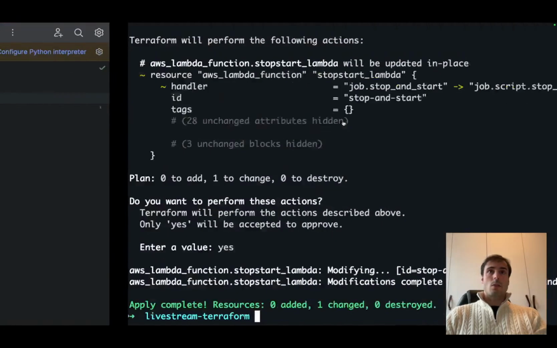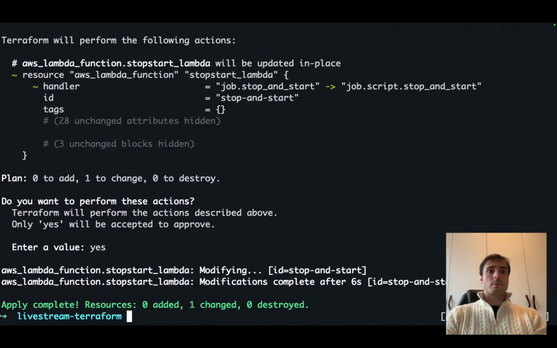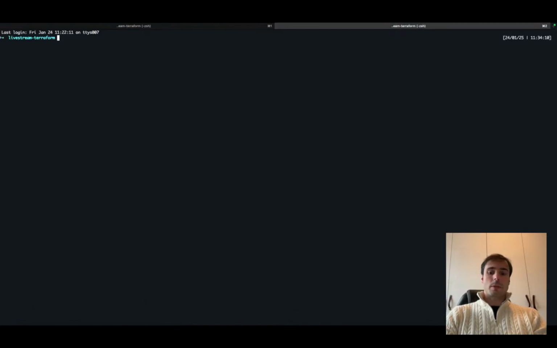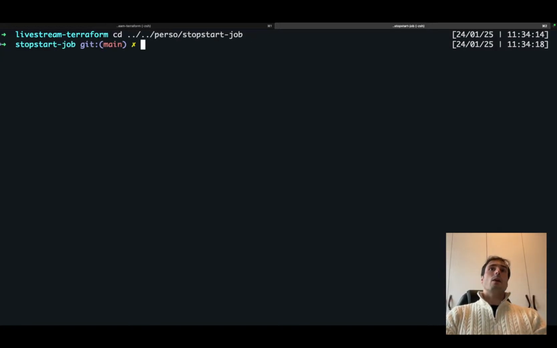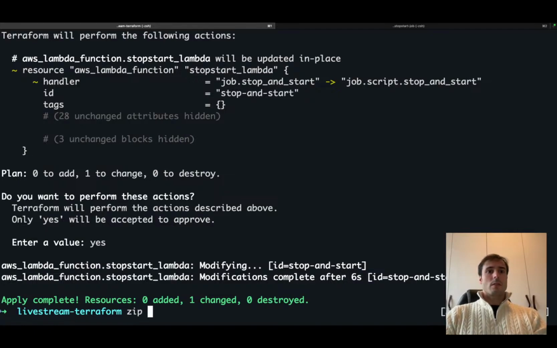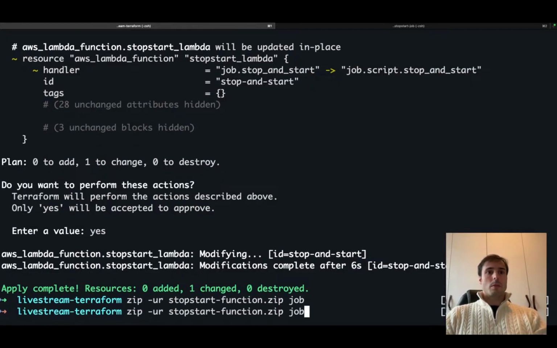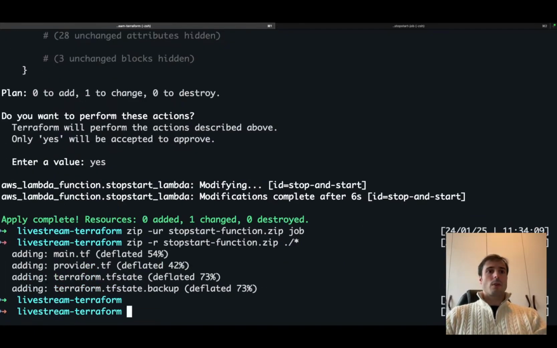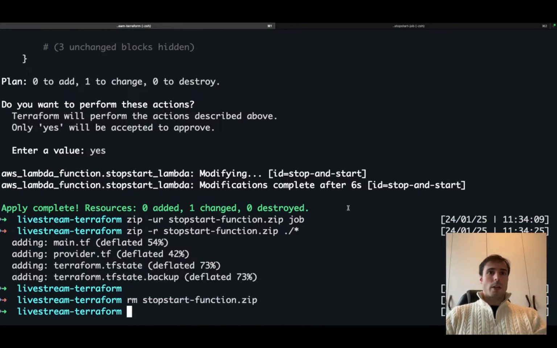So let's go back to the terminal. Let's open another tab. Zoom. So cursor stop and start, and now again, do I have the history? No, I don't have the history. Zip this one, zip this one. Stop and start. Okay, so I have